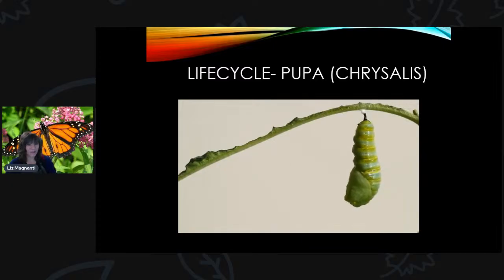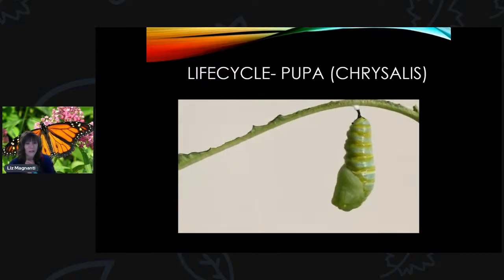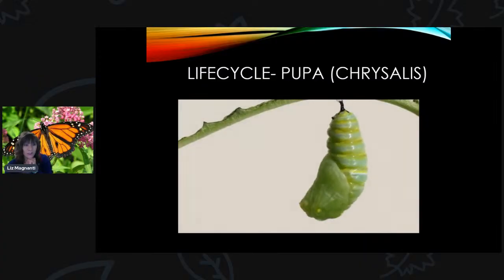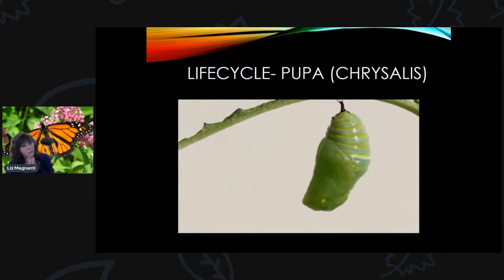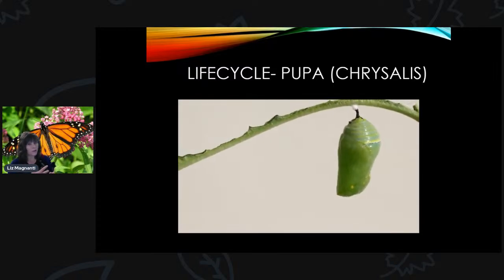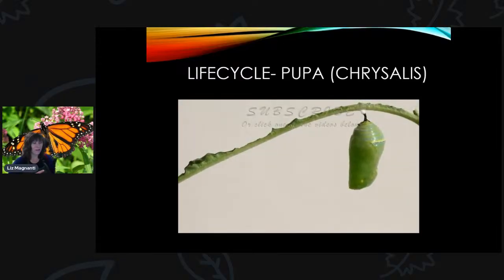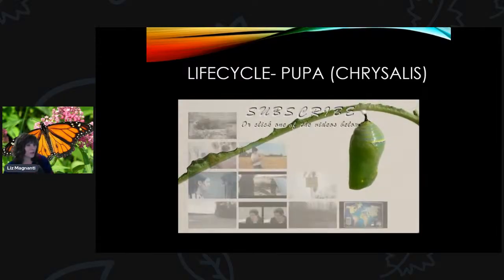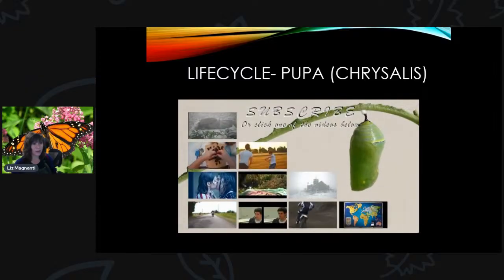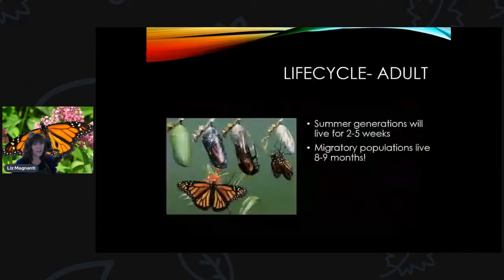And then after a few moments of wriggling, it starts to condense and will harden into the chrysalis. Usually when they go to pupate and form this chrysalis, they won't do it on the milkweed plant. They tend to wander a little bit before doing this, and they'll pupate on a tree or on a structure. If you've got a gazebo, or any kind of structure nearby your milkweed patch, they might pupate